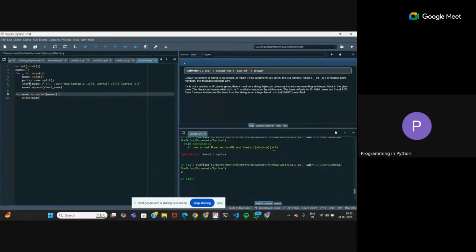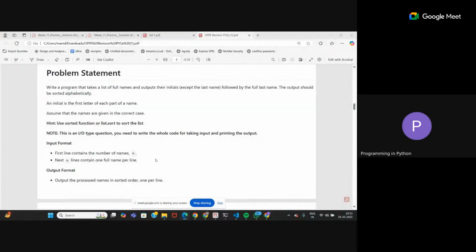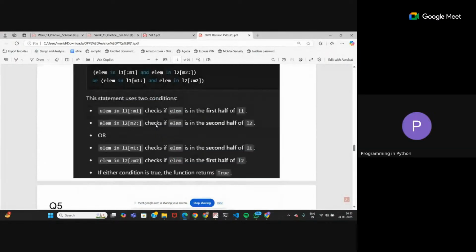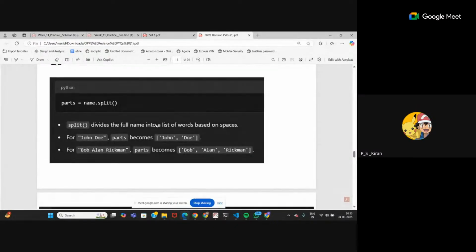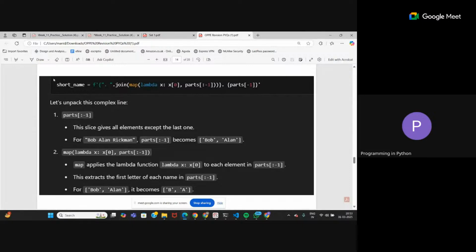Okay, now see this line. This formatting that we did. So I just took out an explanation. The first letter that you are accessing for each word has to be upper. Yeah, the initials are already in the correct case, right? That's given in your problem statement only. You don't have to check for the case. Okay, see. So first the split that we are doing is just splitting the name into a list of words, right? Like this. Now in the formatted part, you can see the screen, right? The PDF.